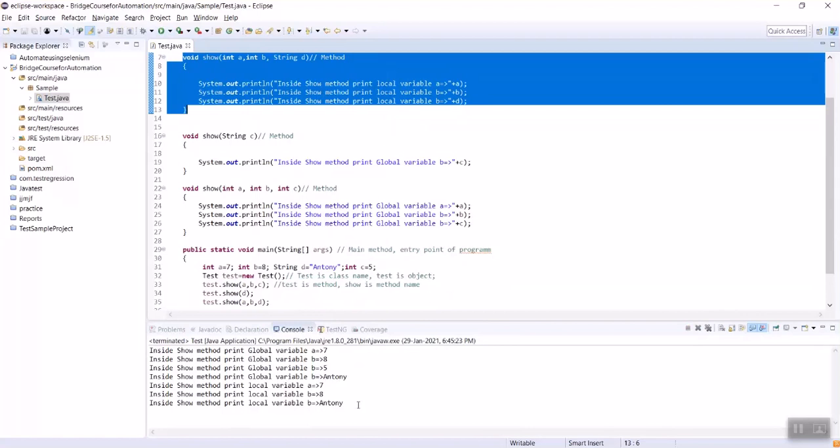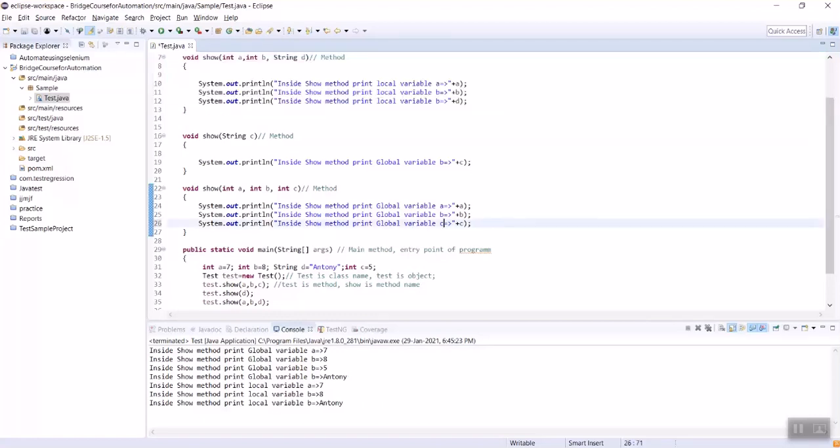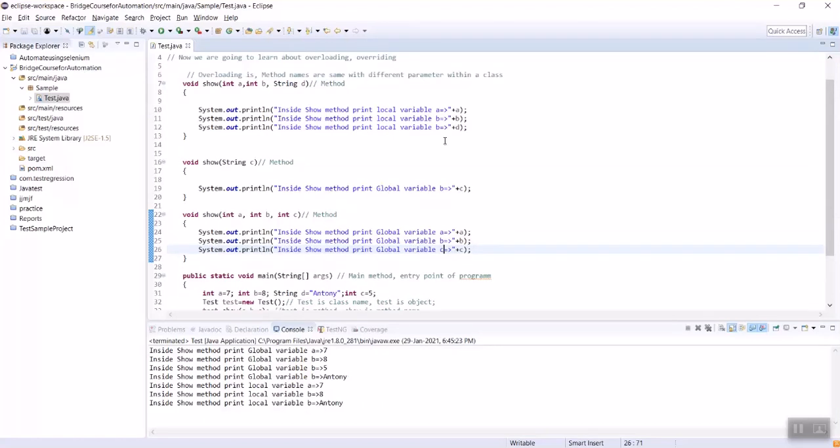So it's printing the appropriate values it received from the global variables. This is what will happen when we run the program.